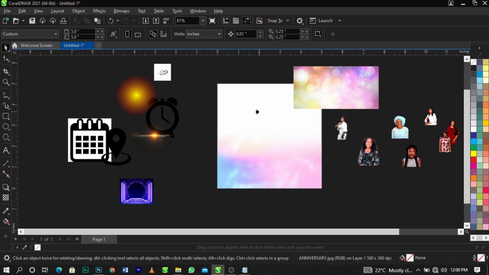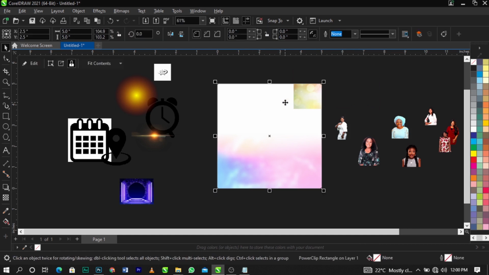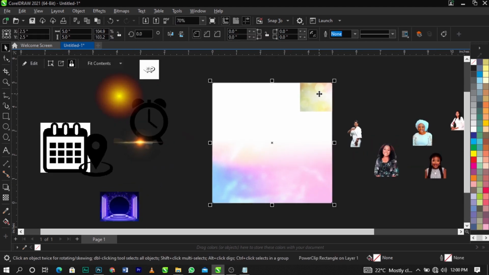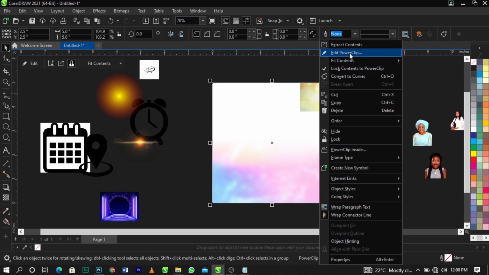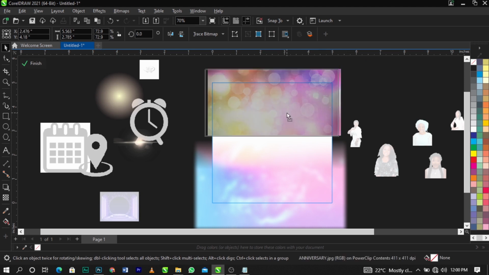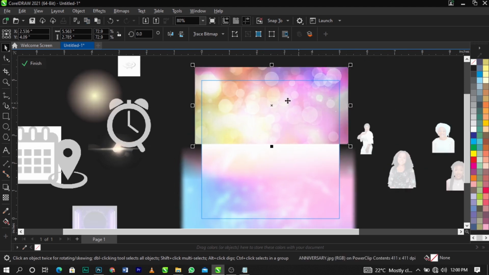Then this arrow is going to come up. All you need to do is just left click on it and it's going to take itself in there. So now what you're going to do to edit that background, as you can see, it's not actually fitted to this frame, and what you're going to do is right click and select edit power clip, then bring this over here. Let's place this here, and as we did earlier, we're going to blur this background also, but a bit,